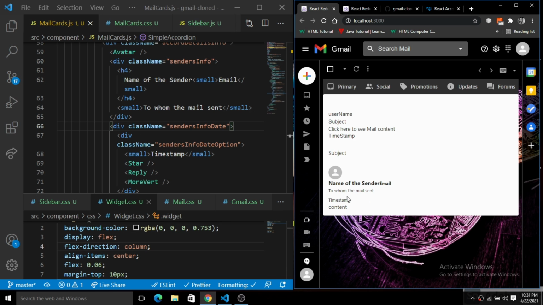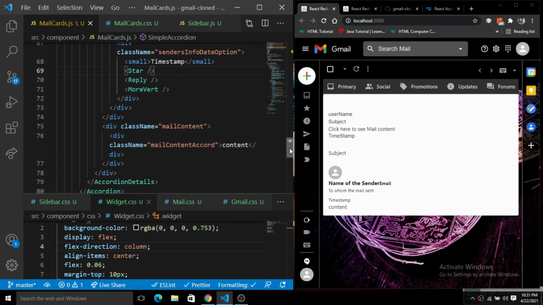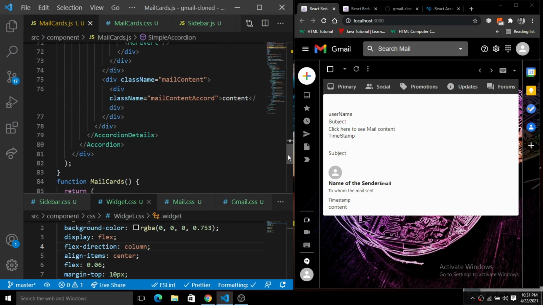And one more thing that we have to add here is the reply link and the forward link there also, right? So we will add the reply and the forward link also. Okay, so let's add the reply and the forward link also. And then after that we will do the CSS stuff here also, right?